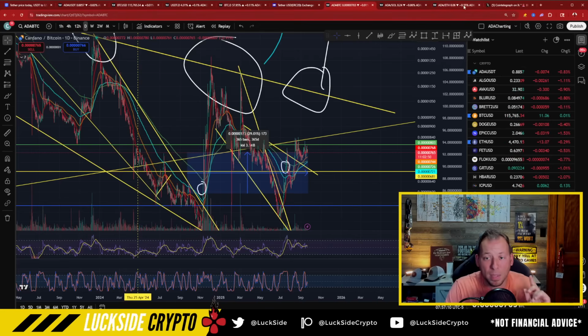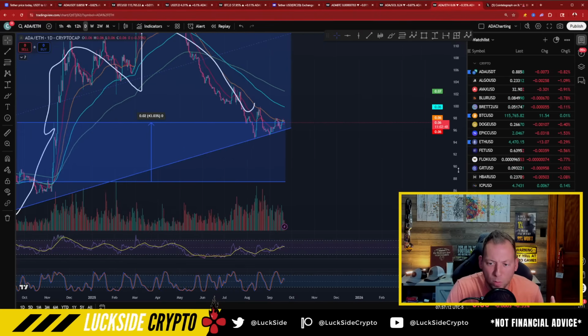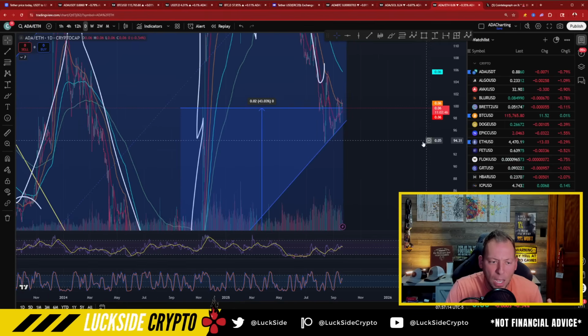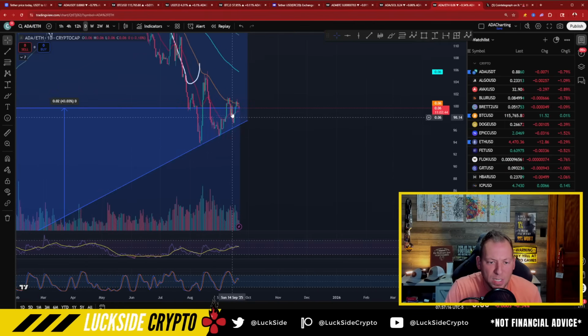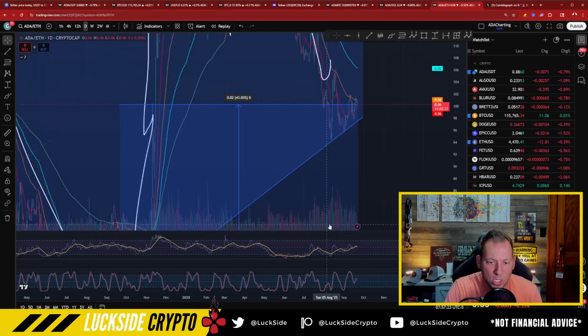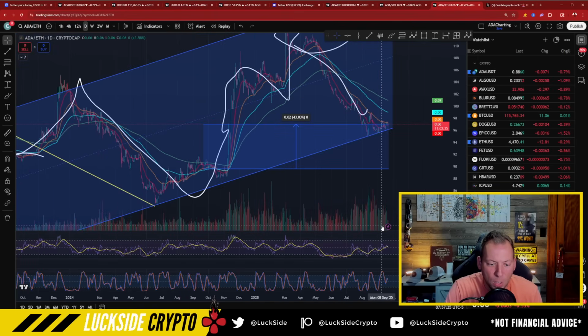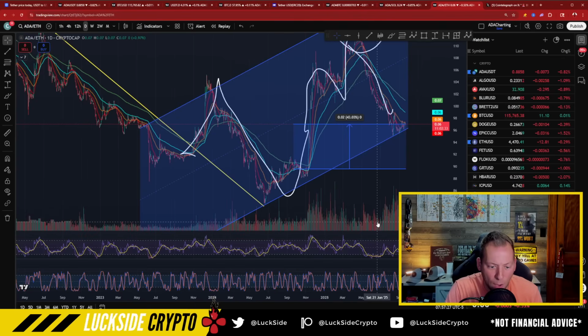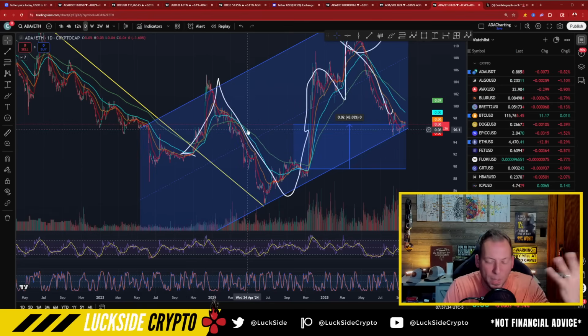All right. Now, something I did notice here as well that I wanted to point to is we were discussing this ascending channel for the ADA ETH chart. And we actually did get that perfect bounce off the bottom like we were discussing. And right now it looks like it's fighting a huge reversal versus Ethereum, which, coincidentally enough, is what was taking place around that part of the market cycle as well. We were fighting that 50-day moving average.